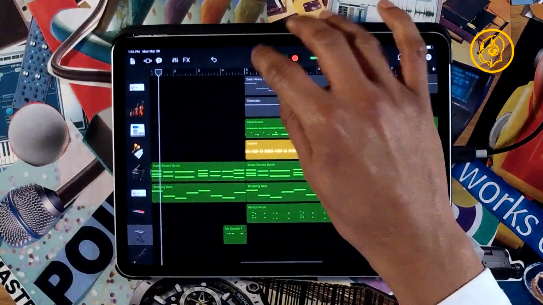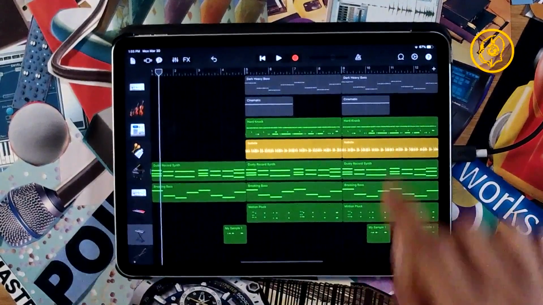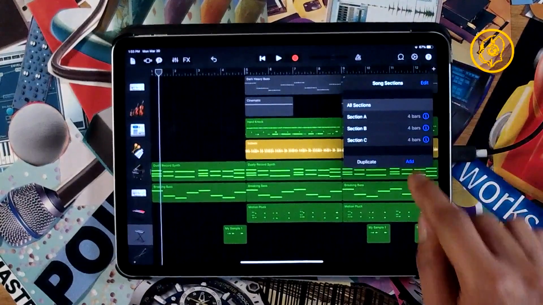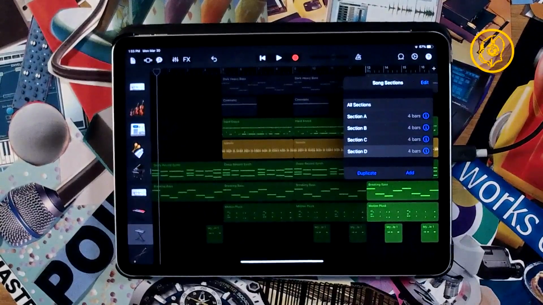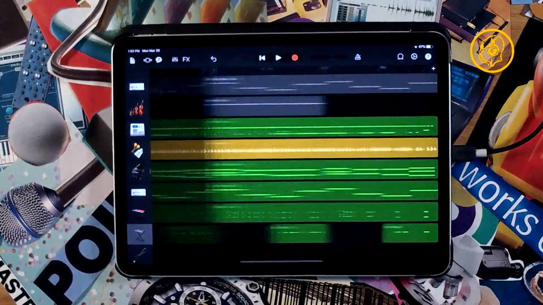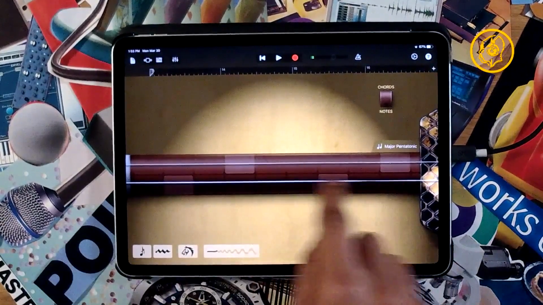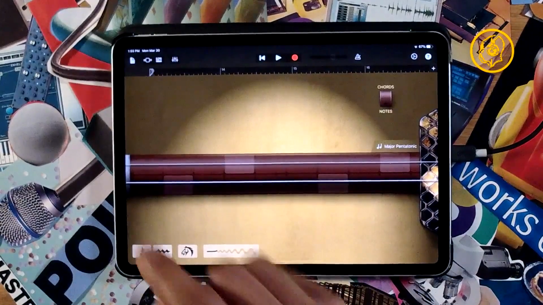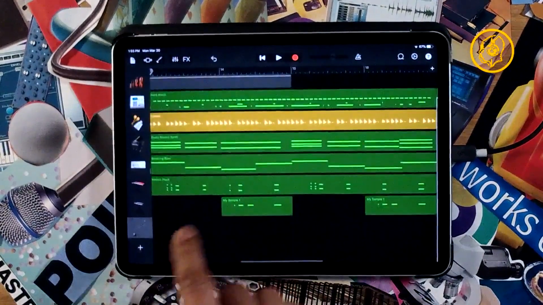That's cool. Now I think we need to get into something else, right? So let's go to section C and duplicate that. Section C needs something to happen. So let's work on section C. Let's add, remember, we loving this already. I think that'll be our solo instrument. But let's find something to play.